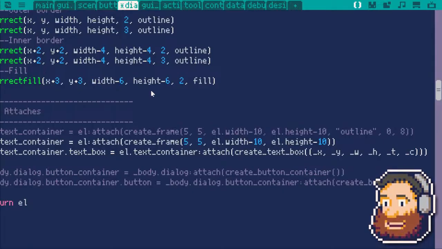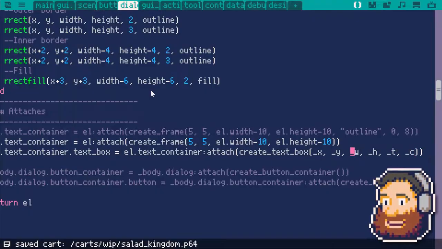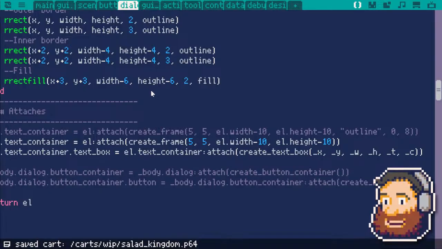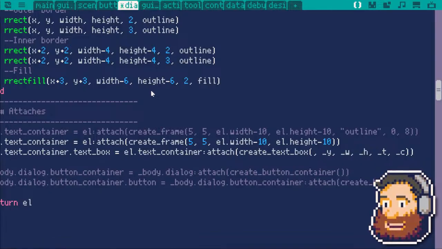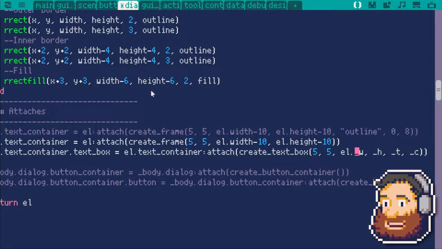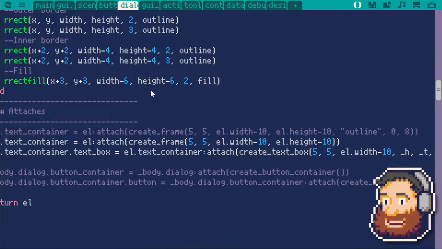Oops, how does do that? And that's going to be at 5, element dot width minus 10. No, because that's going to be inside the frame. So that's actually going to be 0, 0, and